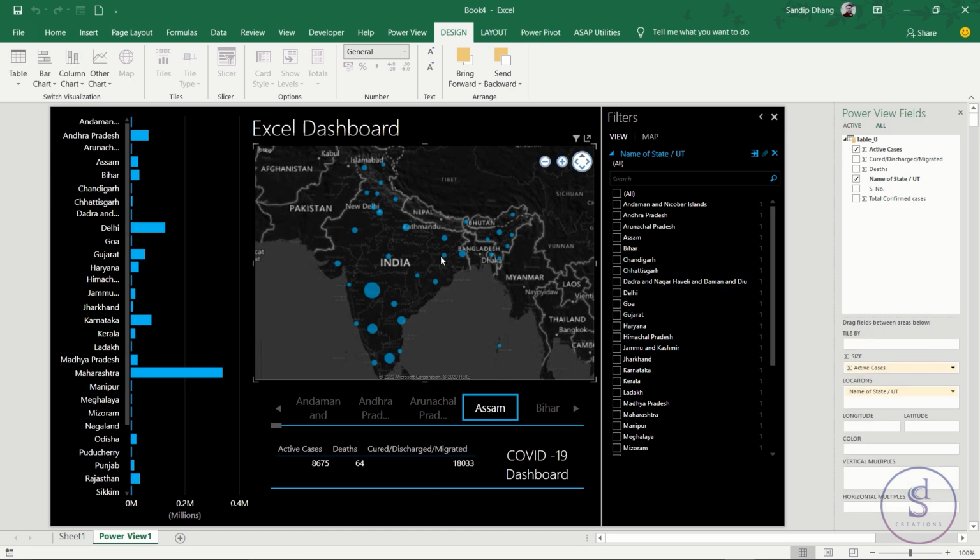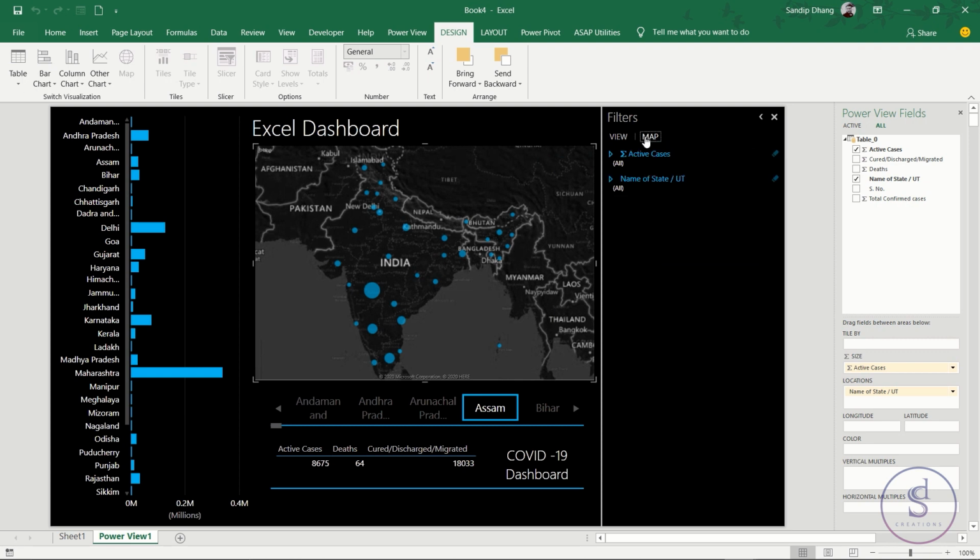Also there is another option like the map. If you select on this map, see, there is active cases, because active case is a number field, that means a value field. So here we can use this slider. For example, I want to see the data from 58 to 16,000 only or 10,000 only. Then I can simply slide this one based on my choice and hit. See, all the map data is updated. That's why I am preferring